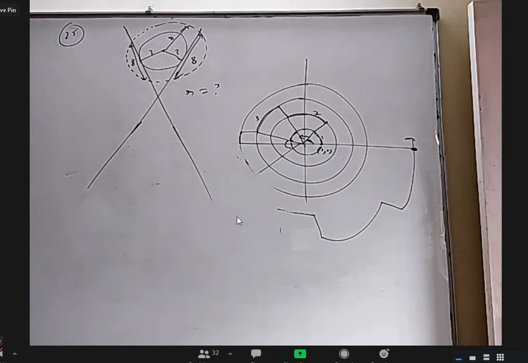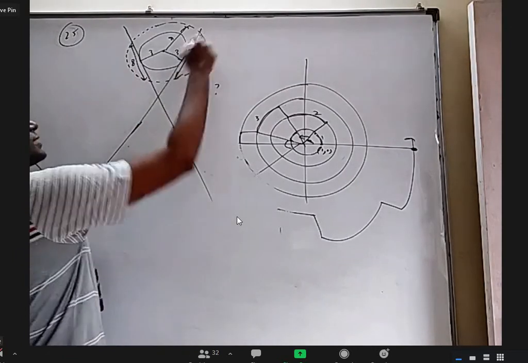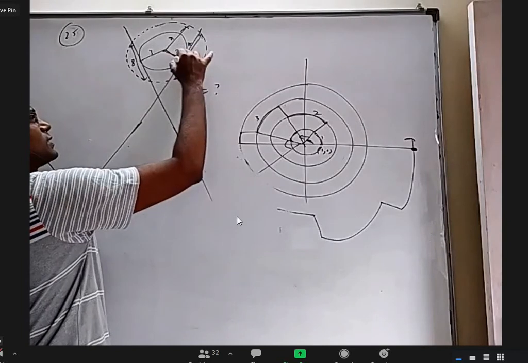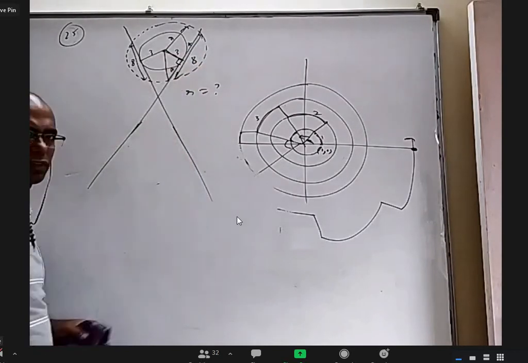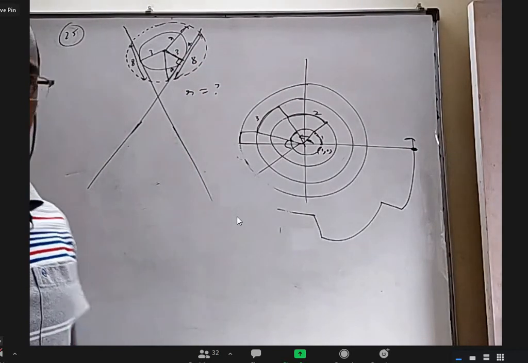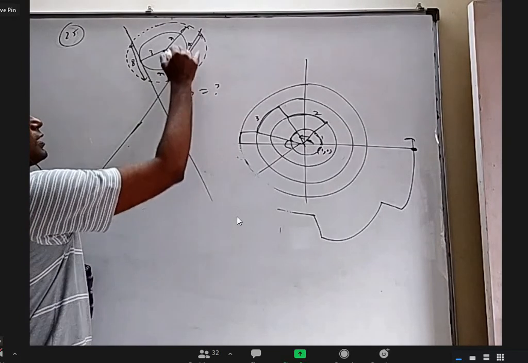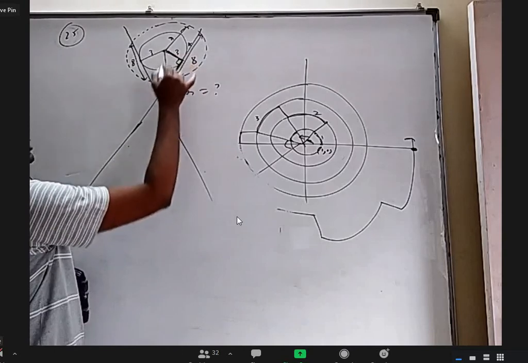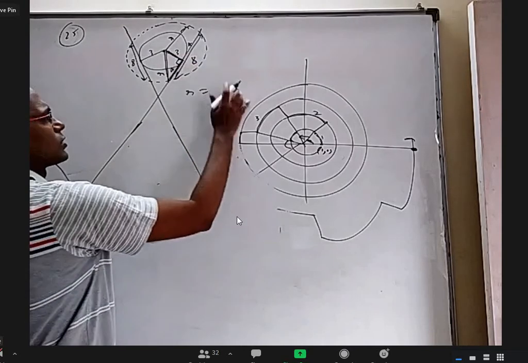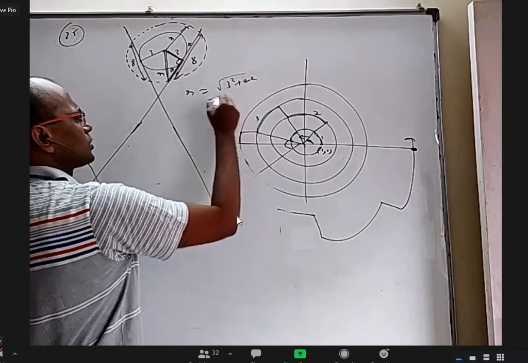Anybody want to tell what is the radius? There are two circles in the figure. Five. Yes. This is 8, so this is 4, this is 4. This is 3, this is 4. So directly this is 5. That is related to the formula 2 root r square minus d square. So simply understand half of the chord length and this distance: this square plus this square will give you the radius square. So r is directly the root of 3 square plus 4 square, which is 5.